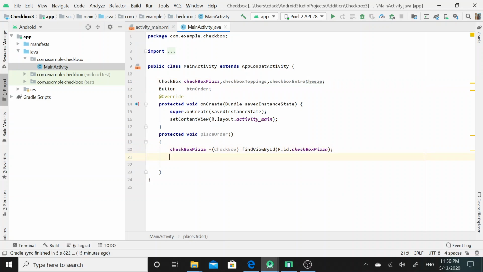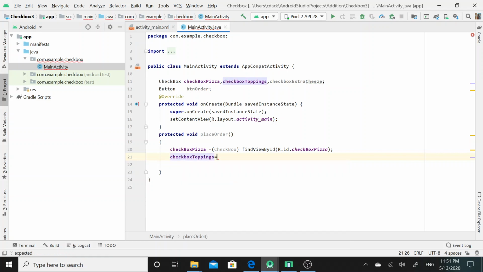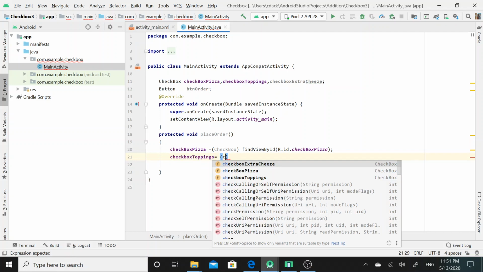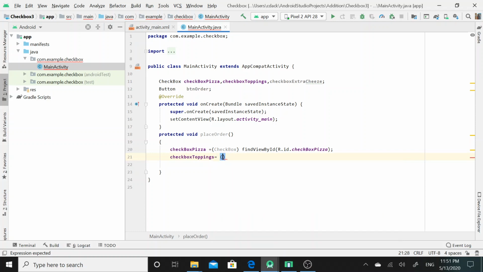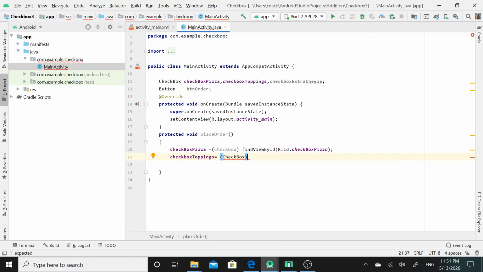So again here I will call the next reference, which is named checkbox toppings. Within parentheses I will call the Checkbox class to implement the typecasting methodology.